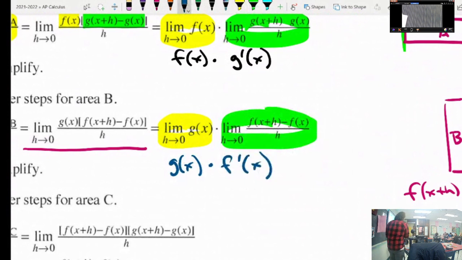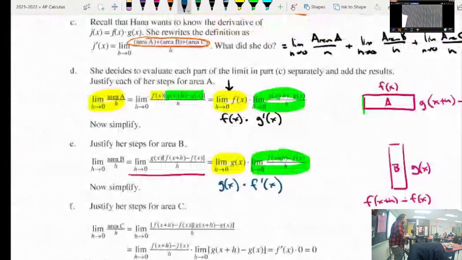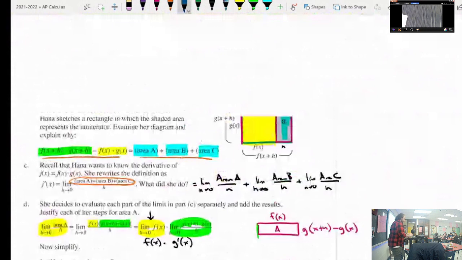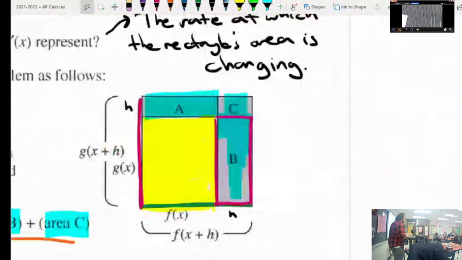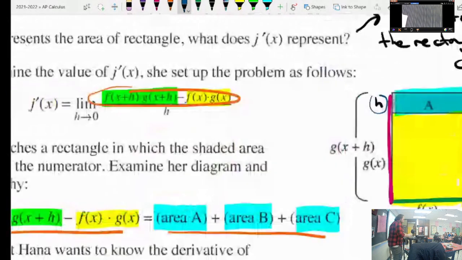What's really fun is this section C, the area for the rectangle C, which is kind of the top corner there. Now, a much easier way to say the proof that's about to happen is that if h is going to 0, that means that this side is already really small, and this side is also really small. If you multiply a really small thing by a really small thing, the product of that is just basically nothing. You can ignore it. Yeah, that's exactly what's going to happen here. If you look at the proof,